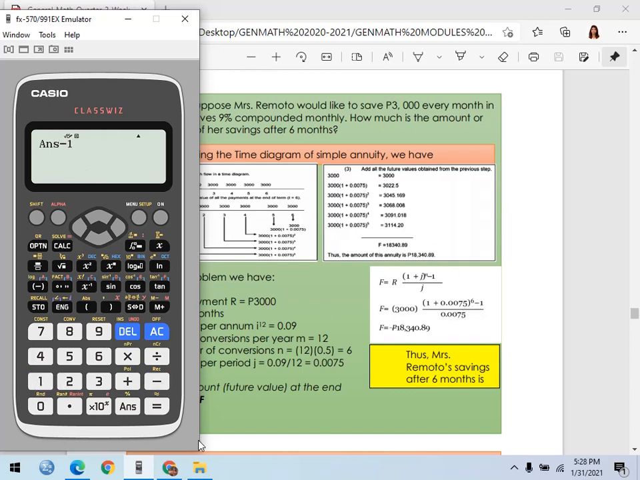Minus 1 equals again, okay? And then, dito na tayo sa divided by 0.0075 equals, okay? And then, lastly, you multiply the R. So, you have times 3,000 equals. Okay. So, we got